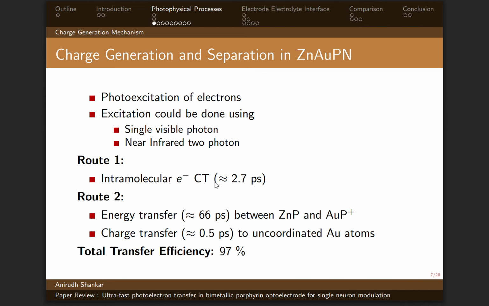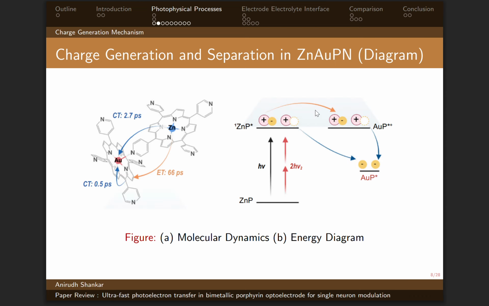This is the intramolecular charge transfer route. Or it can move via this energy transfer to AuP+ and a charge transfer from AuP+ to AuP in 0.5 picoseconds. And the molecular dynamics has been described here as well. The charge transfer from zinc to gold can happen in 2.7 picoseconds or via this energy transfer plus charge transfer